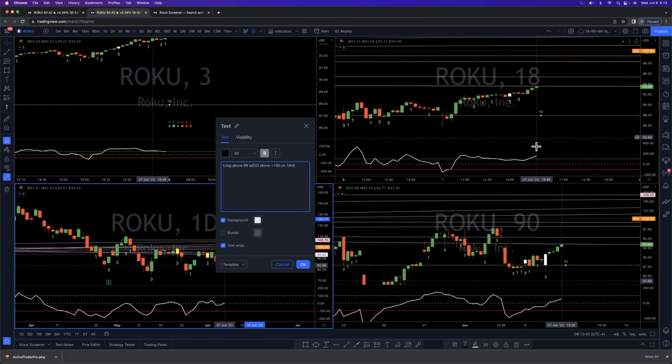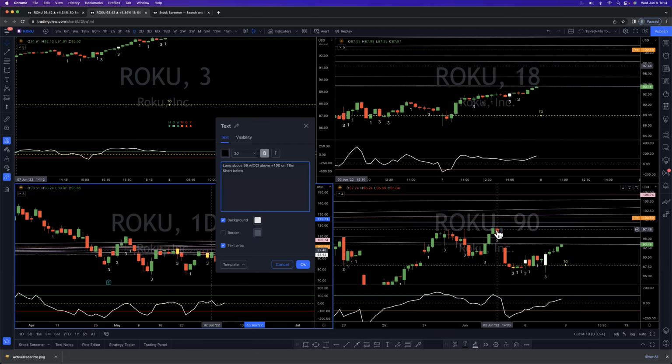So if it holds, right? CCI trades above plus 100 on the 18-minute, because this is a gapper. This is going to be a kicker, guys. This is going to be a kicker, okay? So if it holds, it's going to hold above plus 100. We're going to look to go long. We're going to short it, though, below, if it comes back inside this range, right? So if it shorts back below 98,